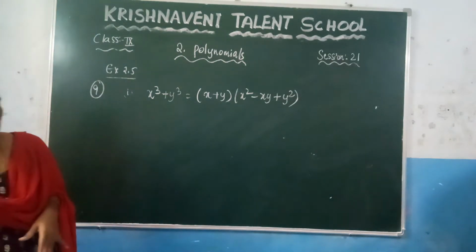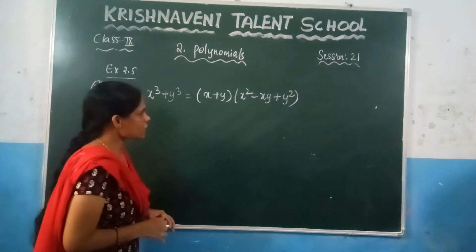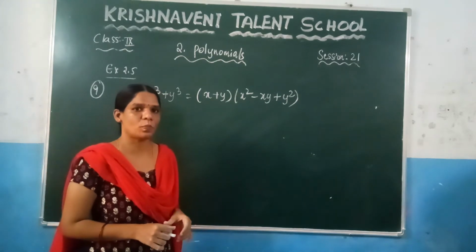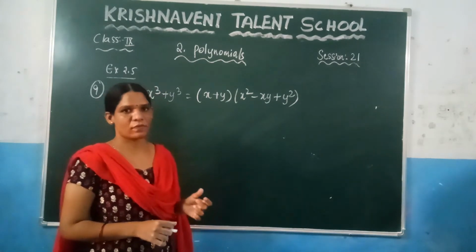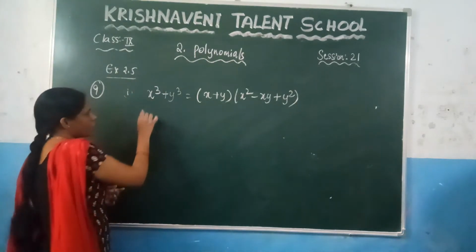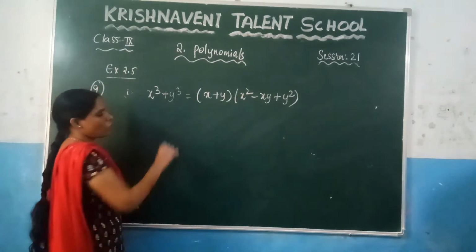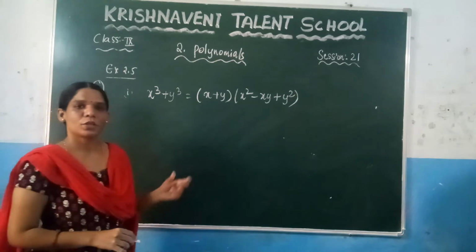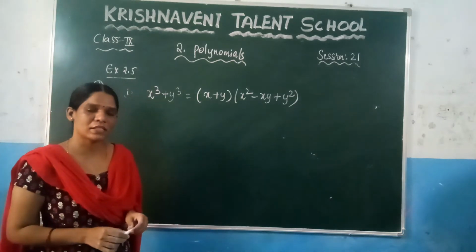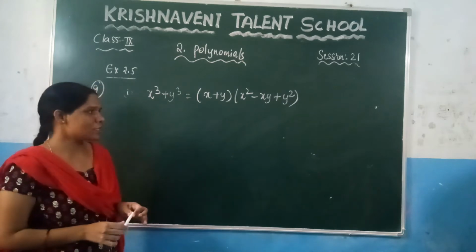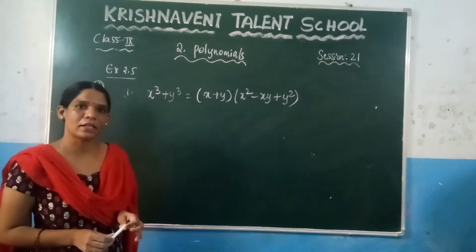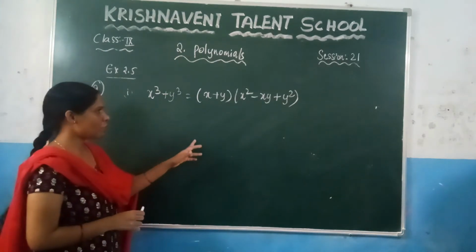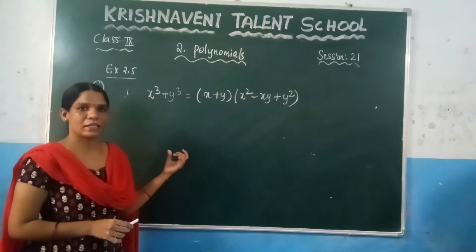So again, what's the question here? They ask you to verify this equation, and after verifying, they ask to put some values of x and y. That means you can put some number in place of x and some number in place of y, and check whether these two are correct or not. But before that, you need to verify this one. Verification is nothing but checking whether the LHS and the RHS are equal or not. So let us take the RHS part here, and after solving this, let us check whether we are getting the LHS or not.